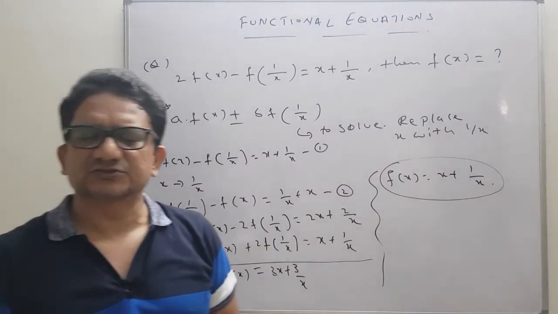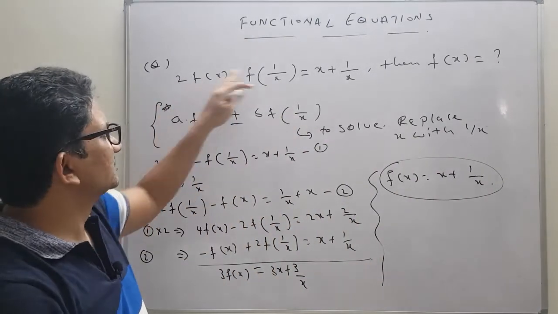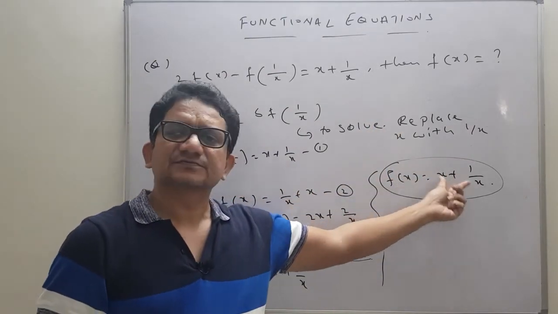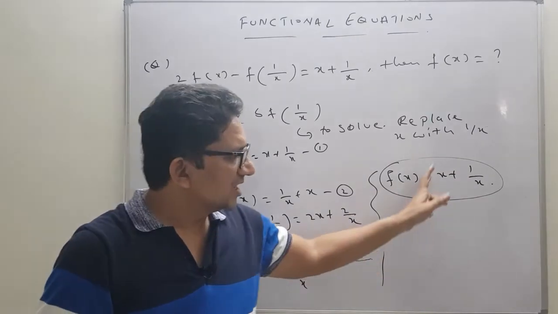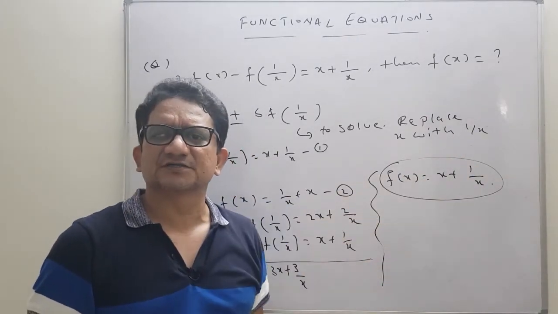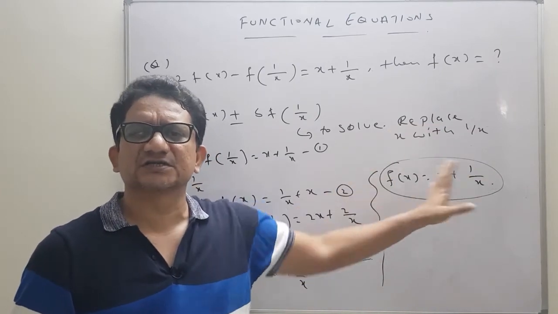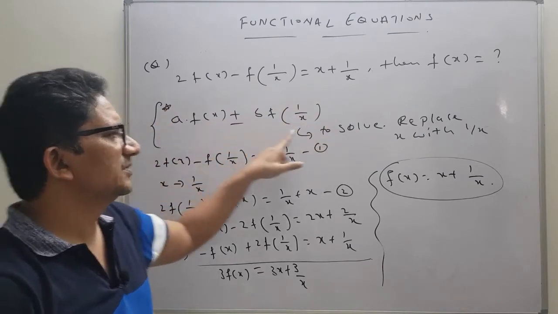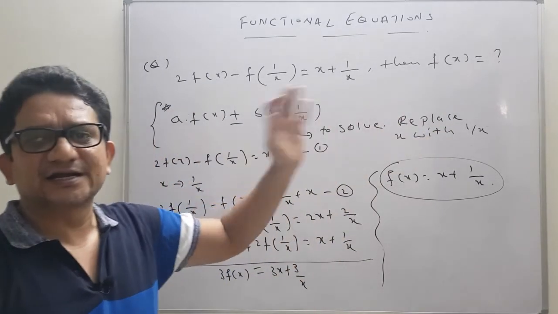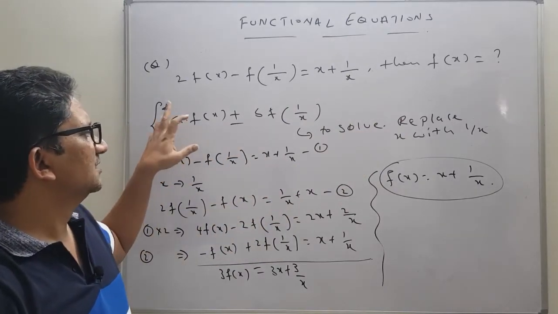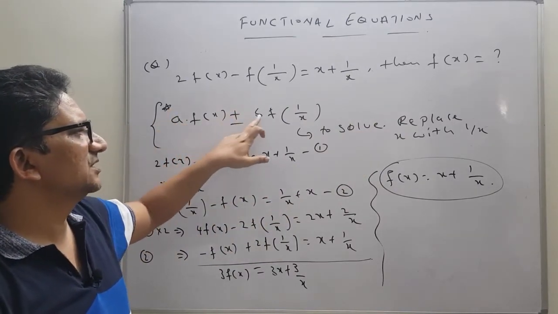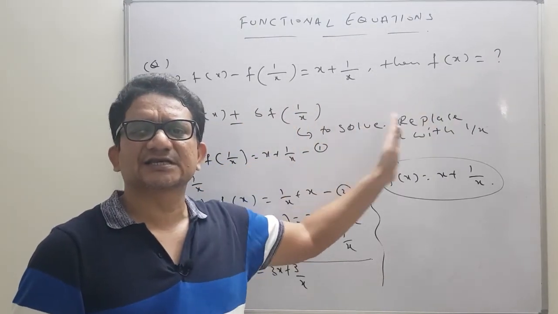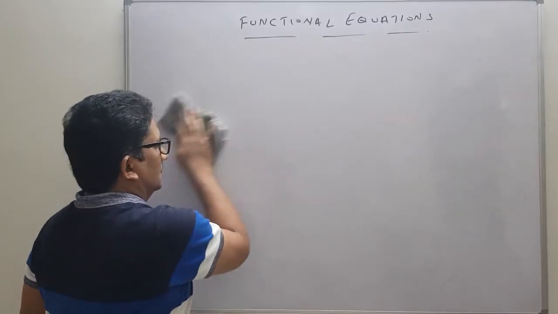This is your solution. Students, this question has appeared many times with changed values in JEE Mains and Advanced also. Sometimes they ask f of x, and sometimes they ask f of 2, or the range of the function, or the derivative of the function, or the domain of the function. Different things they can frame with the help of this. This is the most standard property. If you apply this property, solving is easy and you can identify it easily. If you have a pattern, some constant into f of x, either plus or minus constant into the reciprocal, then the best method to solve the problem is to change x to 1 by x.